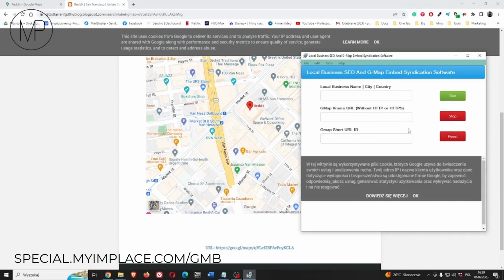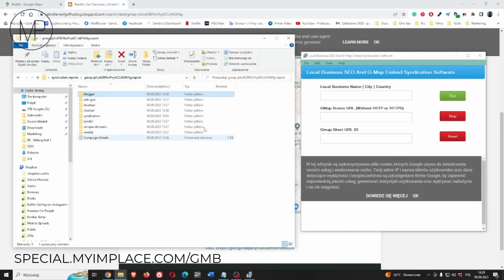And of course, during the syndication, you can always click stop if you don't want as many backlinks and embeds to be created, and it will stop. Of course, the report is going to be in our folder, and if you want to hit another